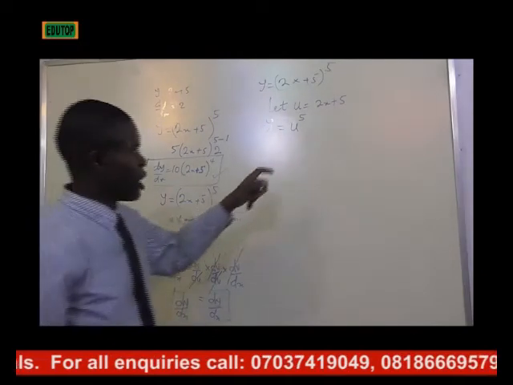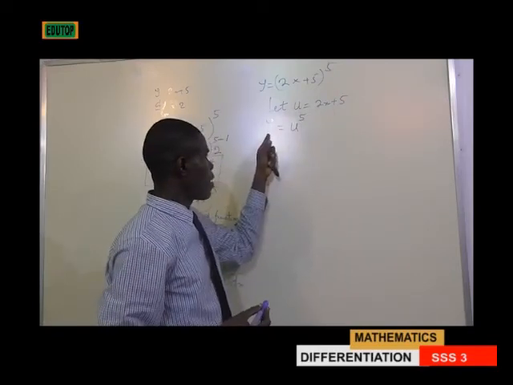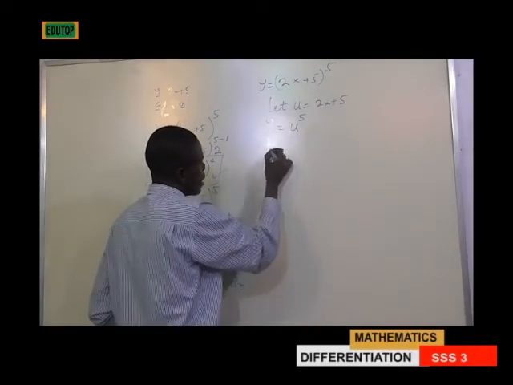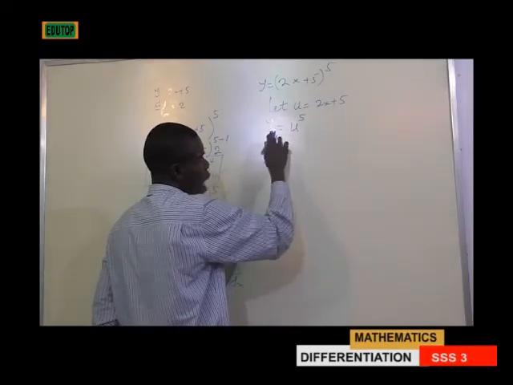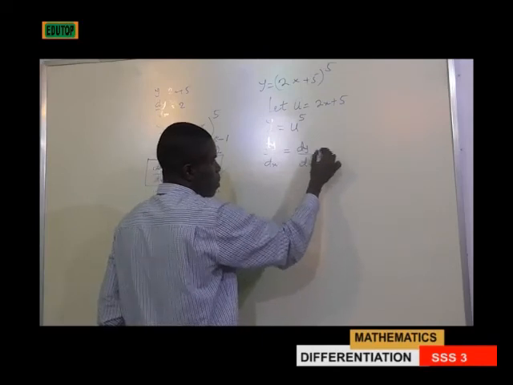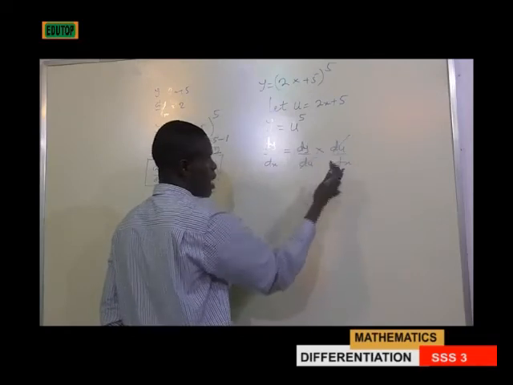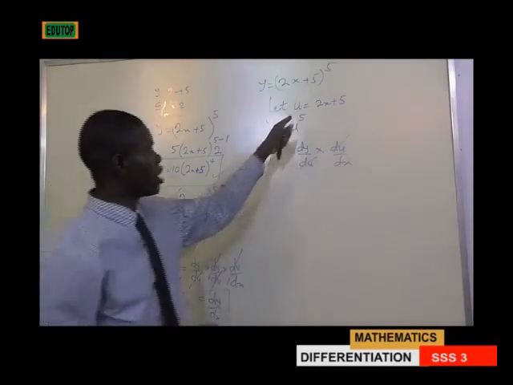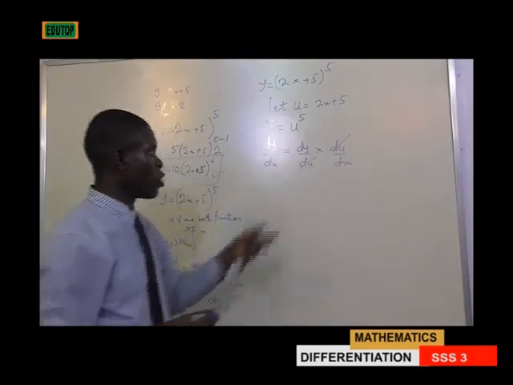Now we have two functions. That's why they call it function of function. We have u with respect to x. We have y with respect to u. So what is our interest? Our interest is to find dy/dx. So we have du/dx and we have dy/du. So what we are saying is that dy/du multiplied by du/dx, and du cancels du, you have dy/dx. So what we have to do now is differentiate this u with respect to x, differentiate y with respect to u, and your answer comes out